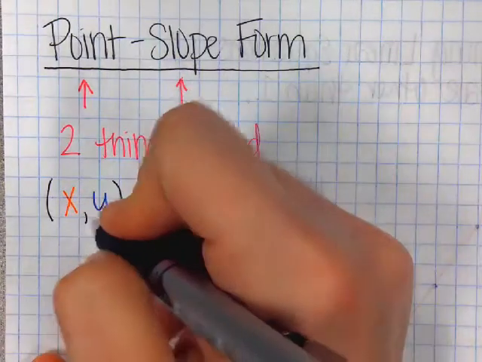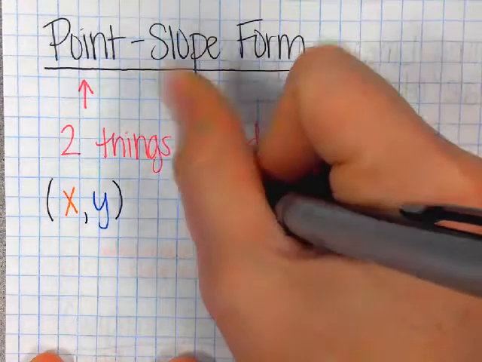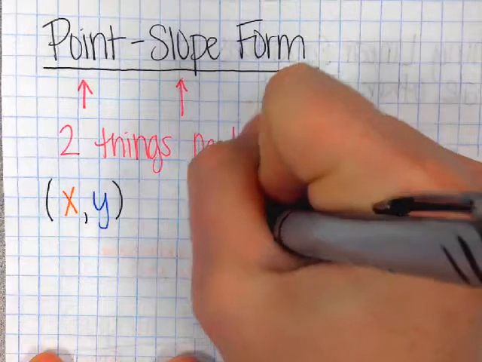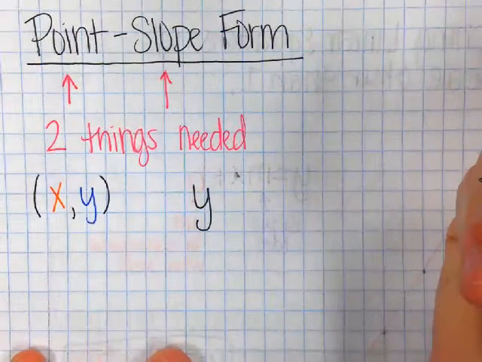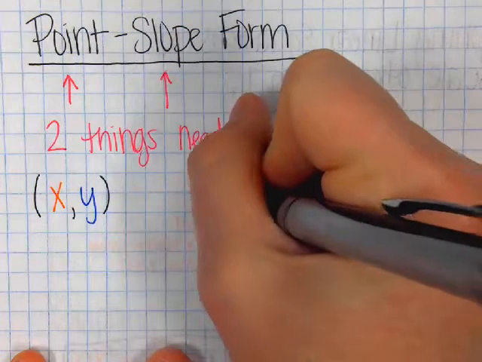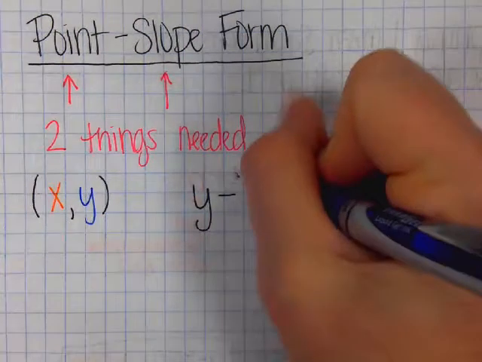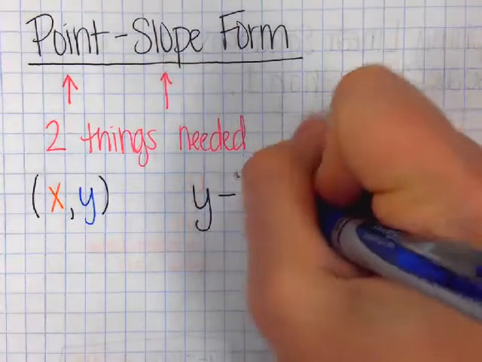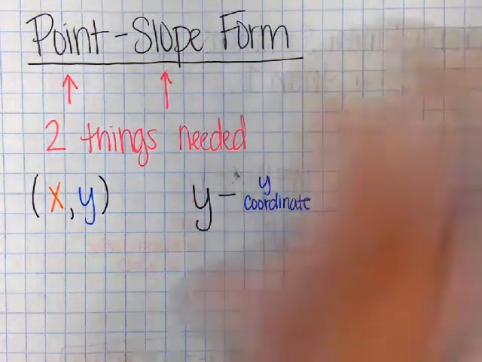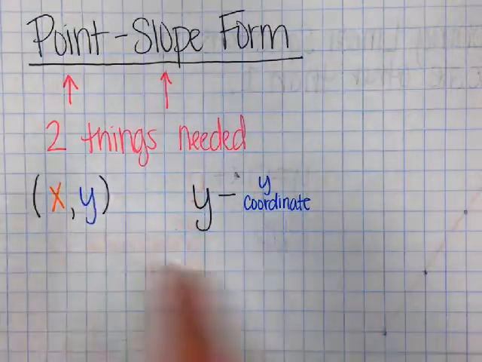So x comma y, and then you're going to do y. Remember, equations always have a y in them. So it's y minus the y coordinate. So it's the y coordinate of that point